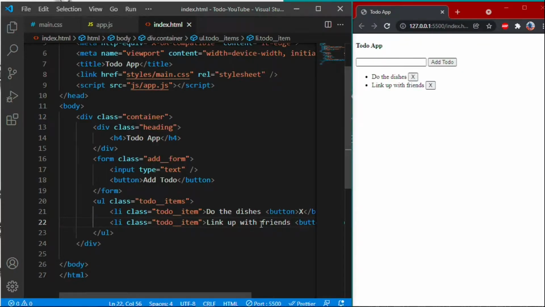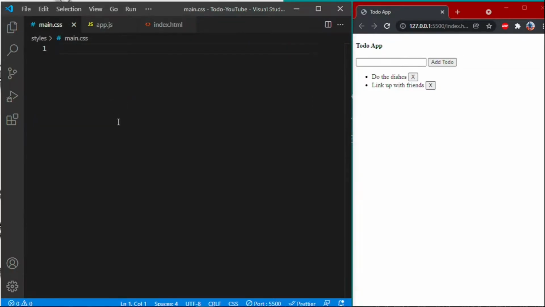Boom, yeah, we have everything in order, right? So I would say we are basically done with our HTML file for now. So let's move to our CSS and start with the styling, right? So let me come here, and then let me reset the stuff. So this select will select everything on the web page, right? We're gonna reset the padding, the margin,